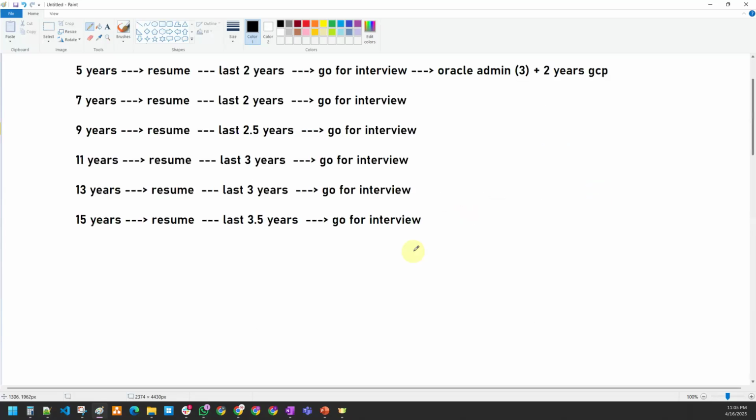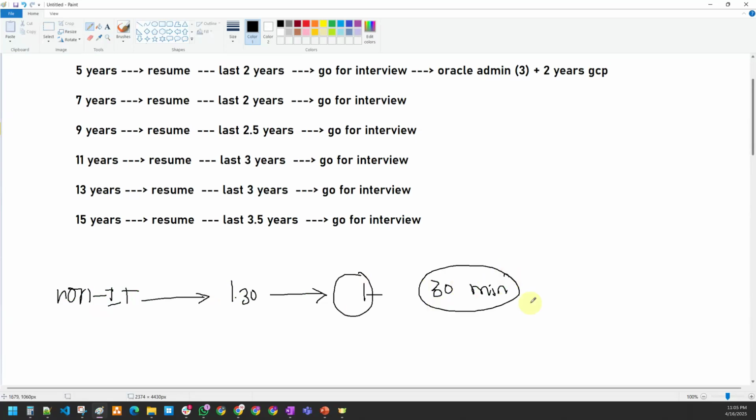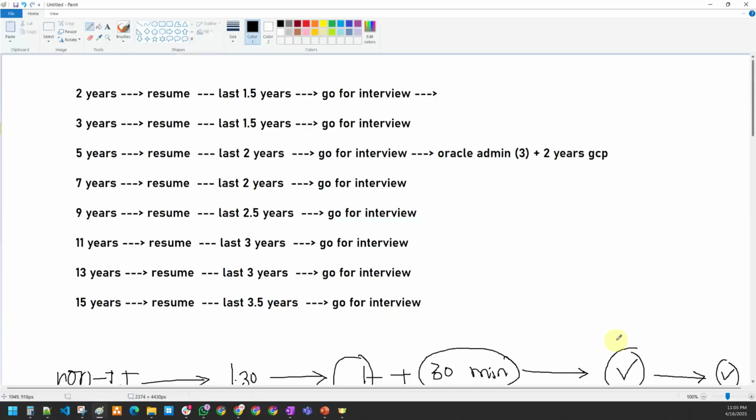Whoever you are, whether you are coming from some non-IT background, if you have at least 1.5 hours a day, 1 hour for attending the live session and 30 minutes for practice, I'm telling you, that 30 minutes of practice is very important. If you have 1.5 to 2 hours every day on a daily basis, after 3 months you can easily crack the job. If you follow my notes and whatever I am telling you, and if you are understanding my language, I'm sure that you will be able to get the job.